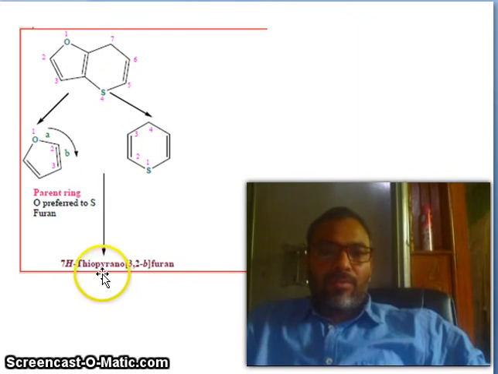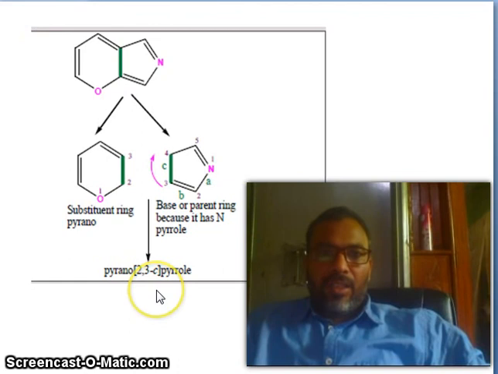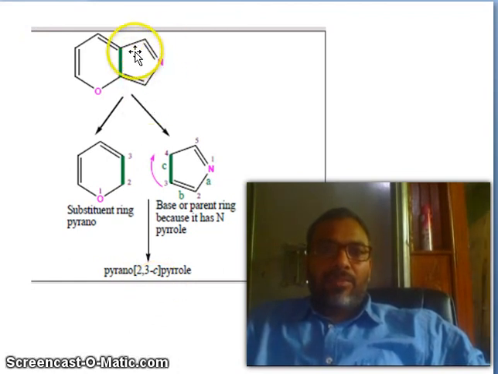Thiopyrano. Now it is attached with the furan through the 3-2 common bond positions, and b is the bond, and the parent is furan. So the complete name is 7H-thiopyrano[3,2-b]furan. Take another example. Now this ring is